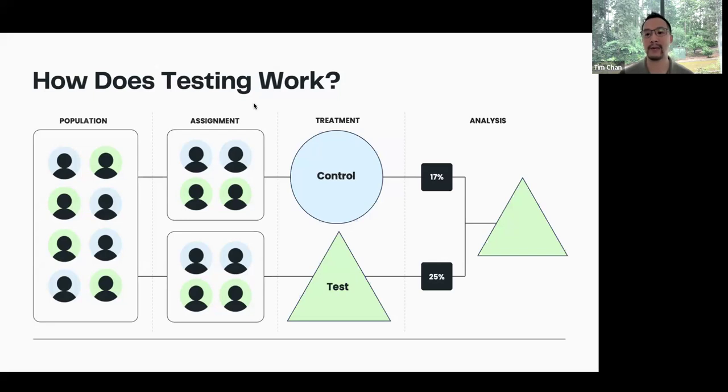For example, what percentage of your users are on iOS or are using an iPhone. We'll make sure that that's balanced for that. We'll make sure that the new users are split evenly. It'll make sure that your male-female gender ratio is also accounted for in both groups. And it basically keeps it so that the two assignment groups are equal and comparable. The really cool thing, though, is that it doesn't just control for all the known confounding variables, it also controls